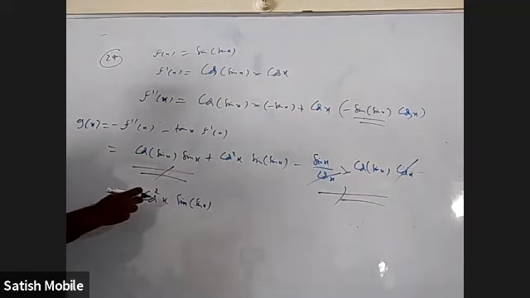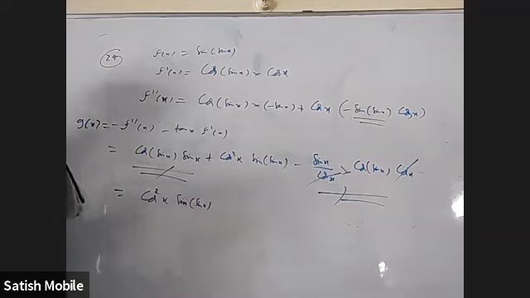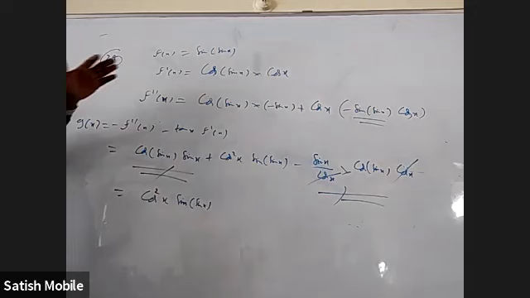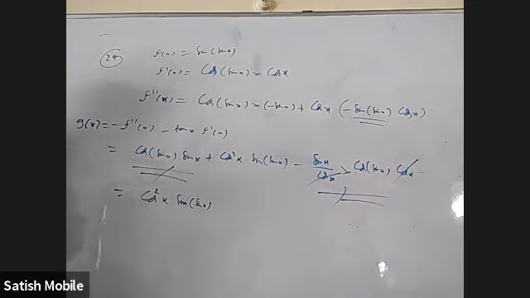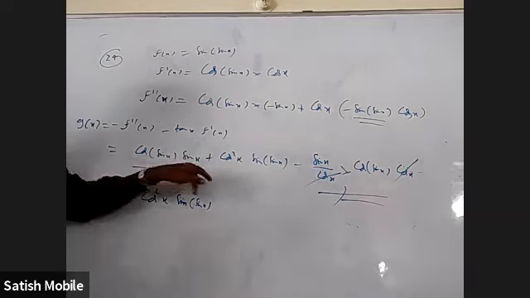Actually, they should have written this as cos square x into f of x if they wanted. Okay, so what we have done is really found f dash x, f double dash x, and substituted in the given equation, and we got it. That's it. Nothing great. Not much of logic. No, I started with this, and this is a plus only. Okay.